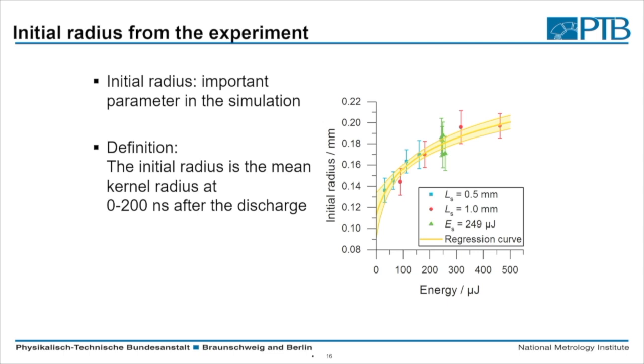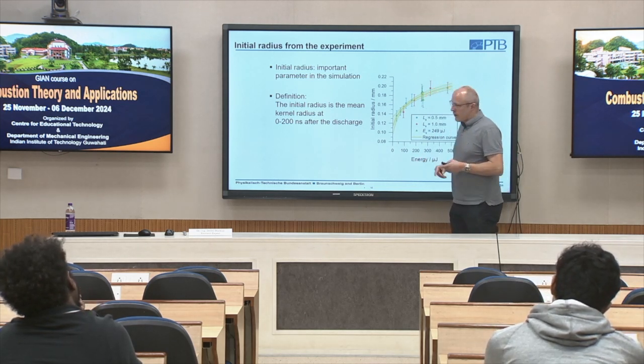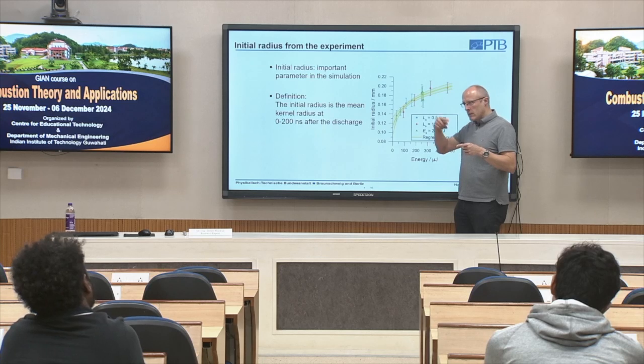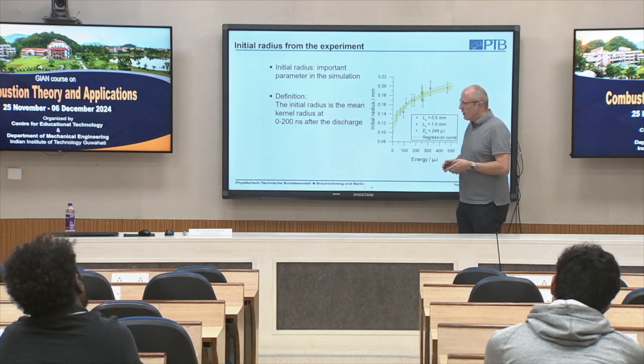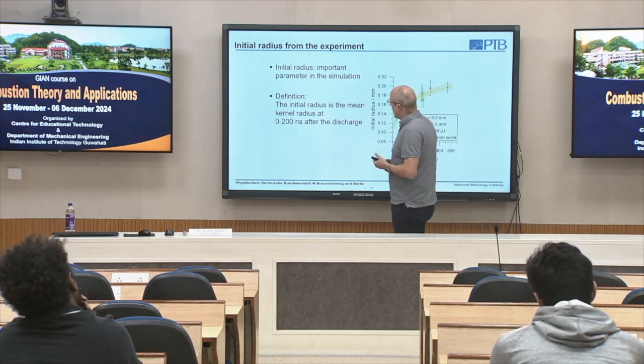Again, in the simulation, we deposit energy into a volume. The critical parameter is the energy density, and therefore, of course, the radius is very important here. So the volume is given by the length of the gap and the area of the cylinder, so πr².